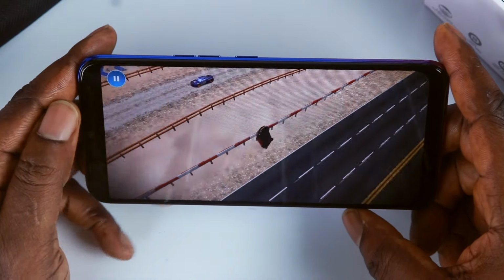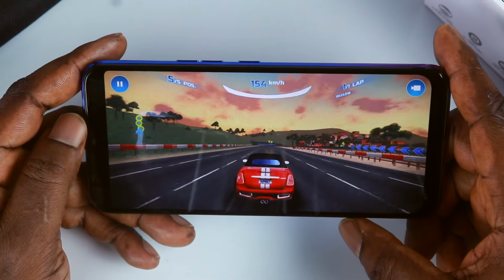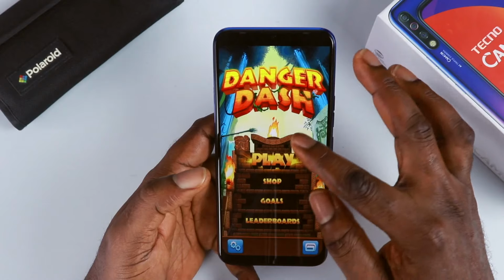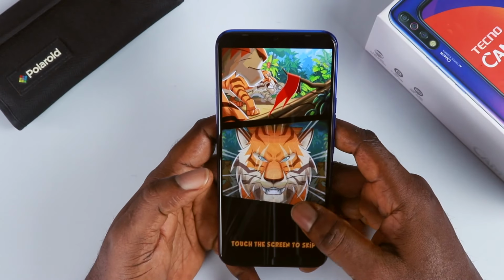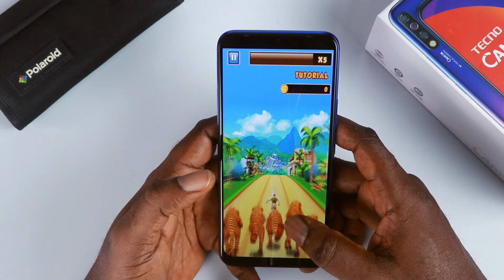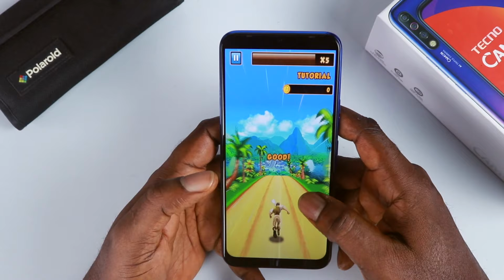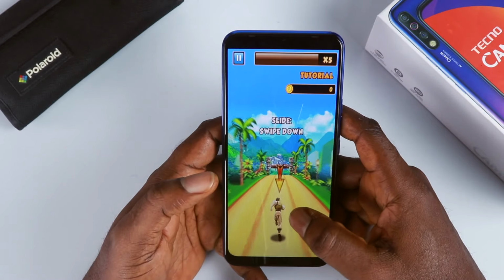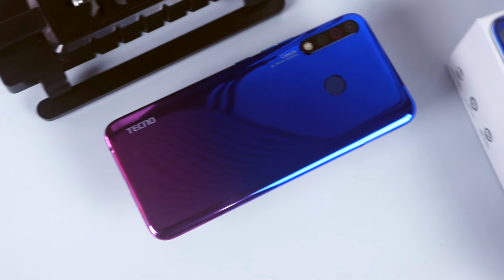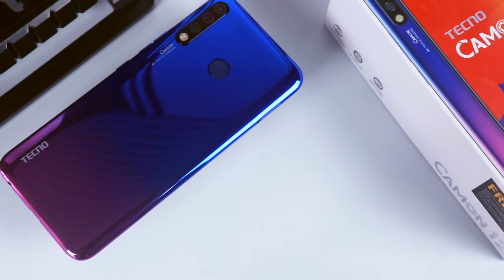Overall, the Camon 12 delivers predictably great results for performance across the board and offers a lot more for the price. The 4000 mAh battery is more than enough to take you through a full day without needing to charge, thanks to the power efficiency of the Helio P22 chipset. The included charger doesn't support fast charging, but it doesn't mean that if you have a fast charger lying around, it won't work. For my test, charging the device with the included charger from 0 to 100% took about 2 hours